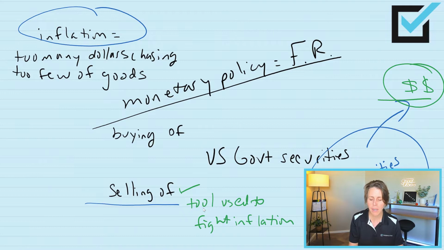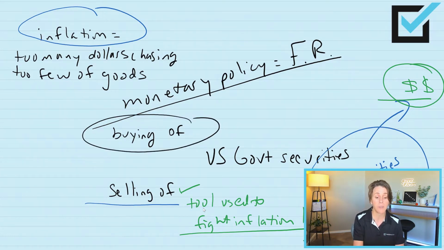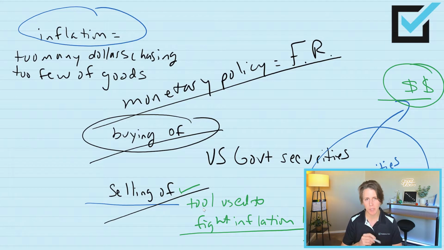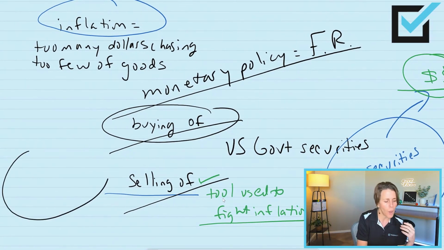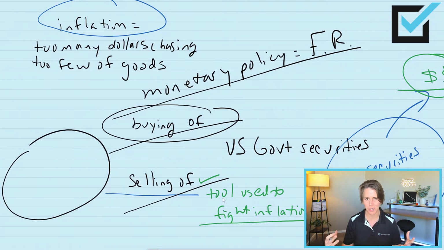When we are in an economic contraction, the Federal Reserve oftentimes will embark on what we call quantitative easing. The selling of U.S. government securities is called quantitative tightening, getting the money out of the economy. If we want to get the money into the economy, then the Open Market Committee is going to buy U.S. government securities. I always draw it out. It seems really cheesy, I know, but use your scratch paper, try it. I think it will really help.